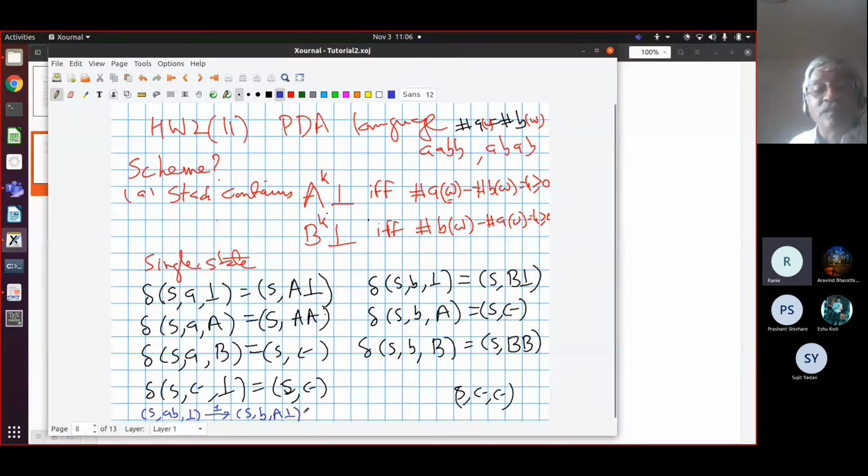Okay. And then in one step, now I've got a word B, right? So which rule will apply? Yes, B, A. Because at the top is an A, right? And my symbol is B. So B, seeing A on the top, I replace the A symbol on the top by epsilon and I remain in S. So I get S, epsilon, and A gets replaced by epsilon. So I get bottom here, right? Now what do I do?